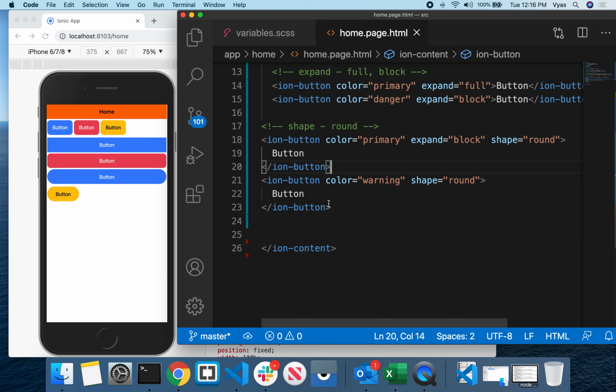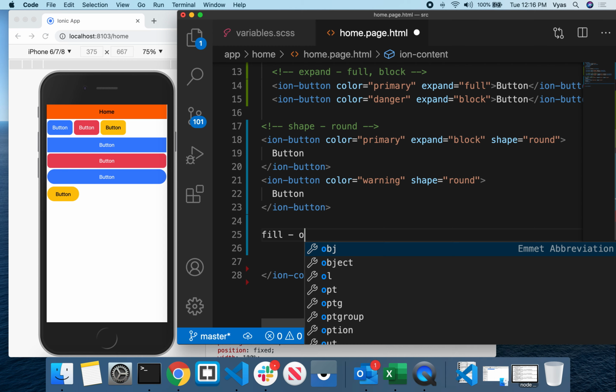So next one is, whenever I give some color, it is completely giving some background color for the button. But now I don't want to give some background color. I want to give some border for the button. So whenever I want to give some border for the button, you have to use one attribute that is fill. Fill equals to outline.